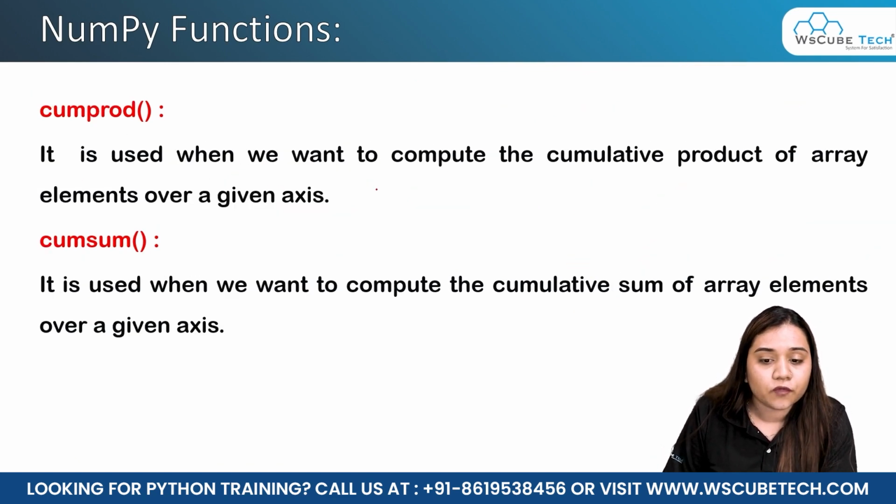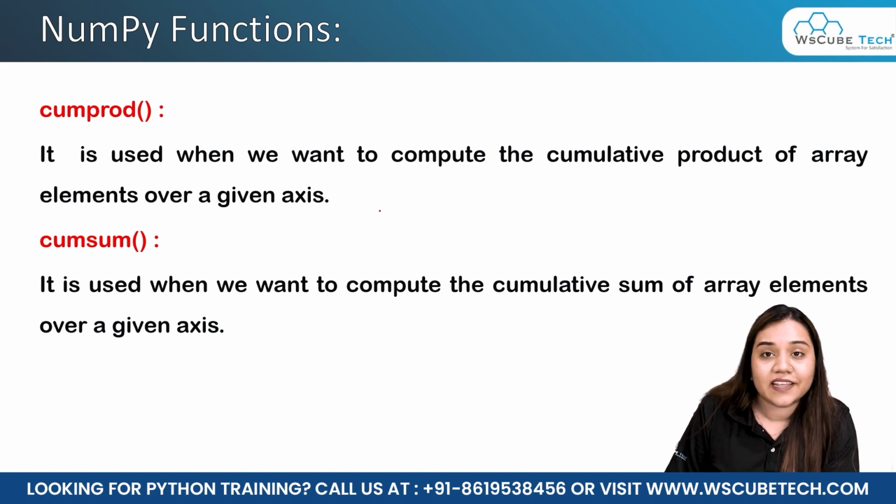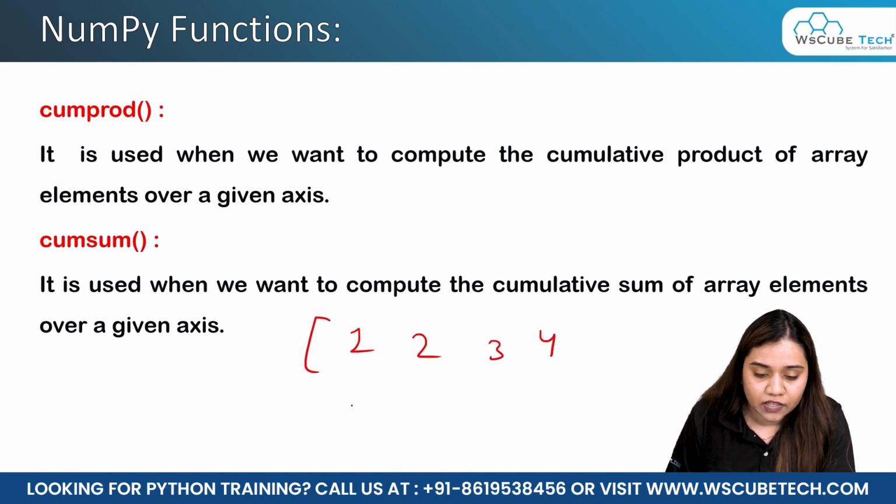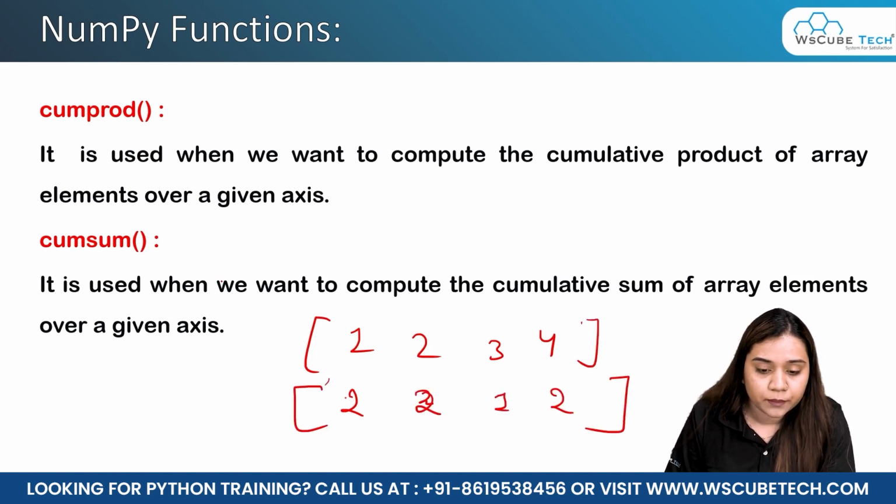It is used when we want to compute the cumulative product of an array. Suppose you want to compute the product of an array, in that case cumprod is used, and here again axis is used. And similarly we have cumsum over here. That means it will compute the cumulative sum for us. So if I have written 1, 2, 3, 4, and here I have written 2, 2, 1, 2. Okay, these are my two arrays, and the cumprod will give us, if I go horizontally, it would give us